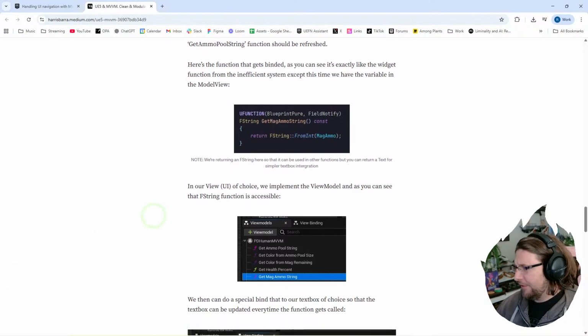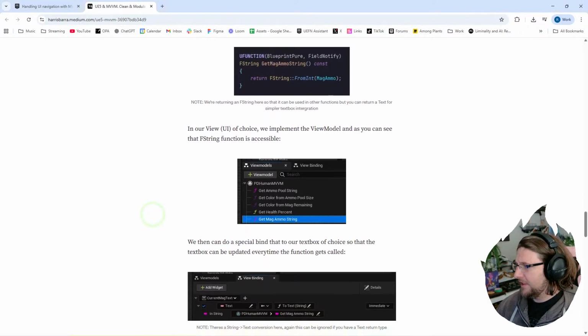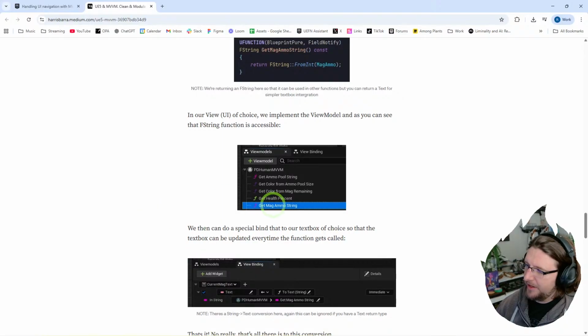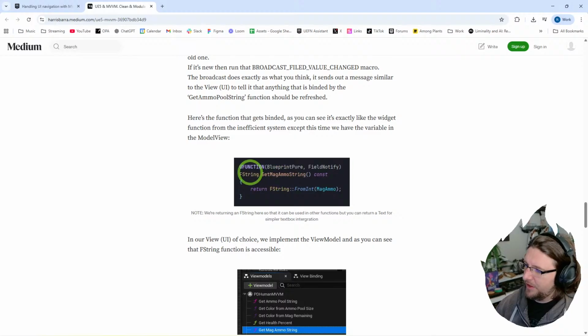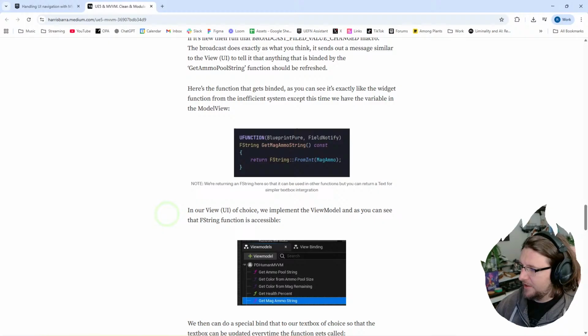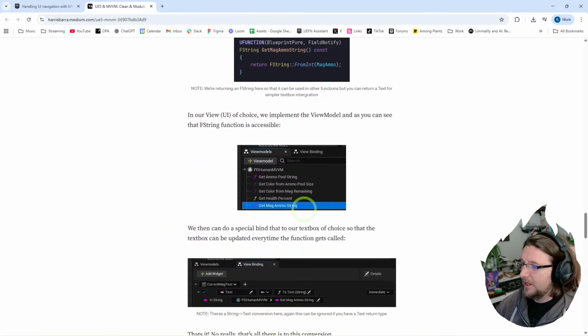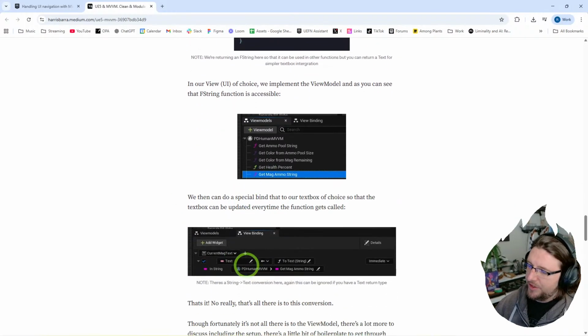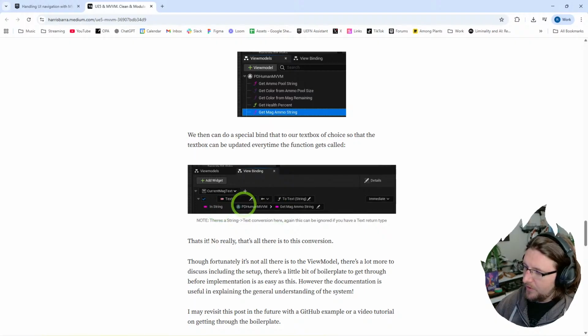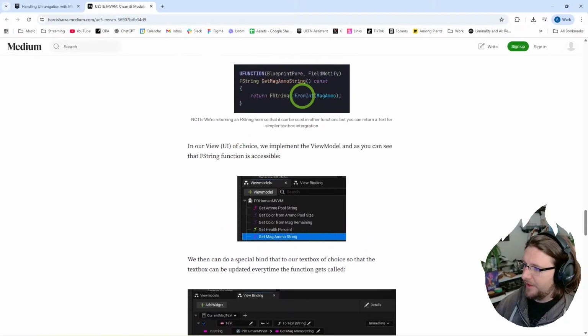Okay, in our view UI of choice, we implement the view model, and you can see the string is available. Yeah, get mag ammo string. So these are always pure functions, if I remember correctly. Yeah, so blueprint pure here, const because nothing can change the interior of this, and field notify because basically when you bind your widget like this, so we've got some sort of text field that we're going to use the get mag ammo string. The field notify basically says whenever this